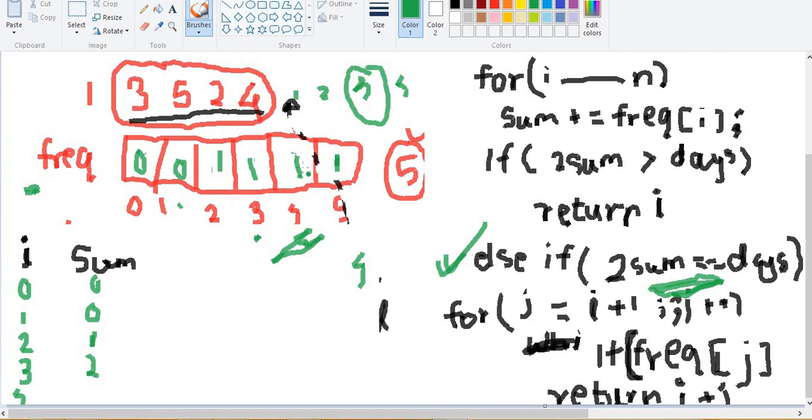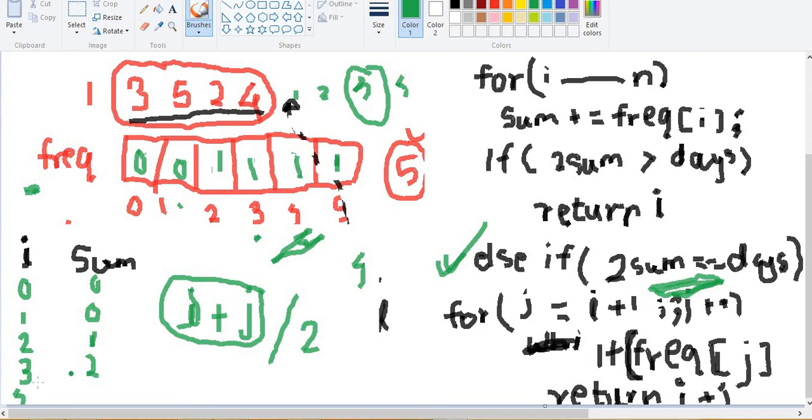Yes, the element exists. So we add i and j, and this i plus j by 2 becomes our median.